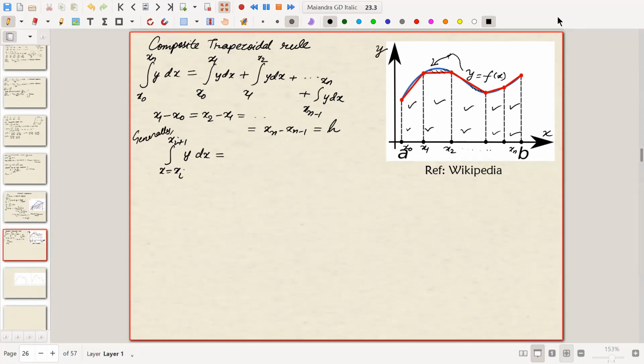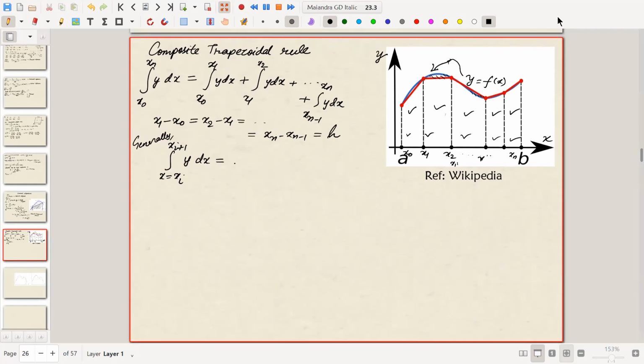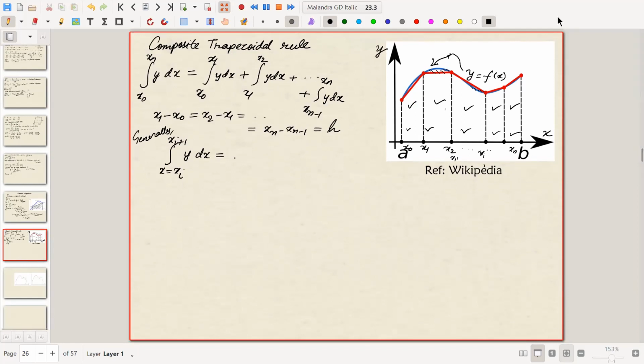So therefore, I am generally writing this statement. Generally, starting from xi to xi plus 1, y dx. What will that be? It's just from xi to xi plus 1. That means it is just for this one trapezoid. Just one. Say this is xi and this is xi plus 1. Just one trapezoid. So it will be h by 2, xi plus 1 minus xi, that is h, by 2 times